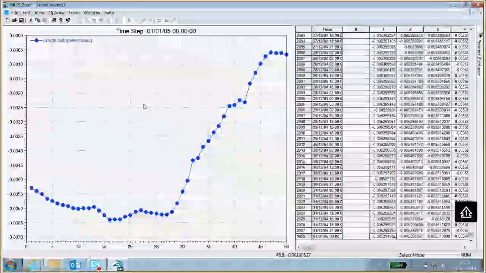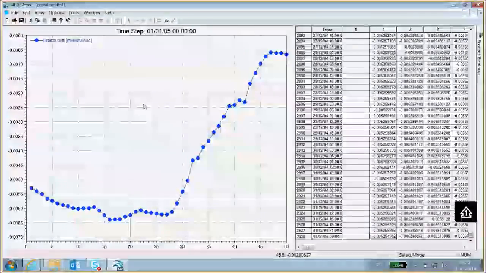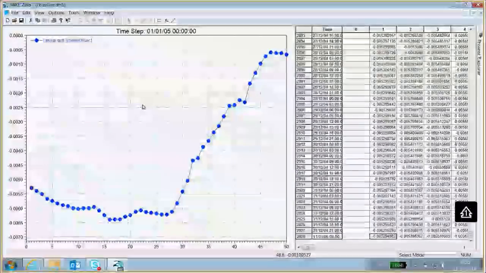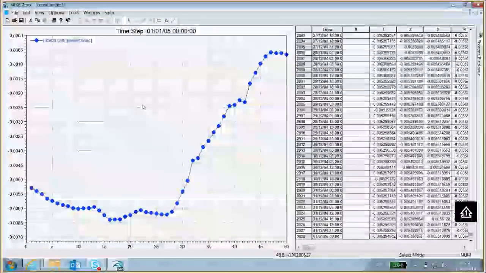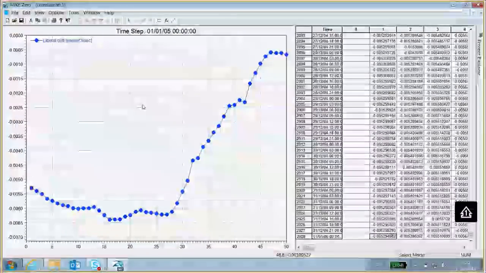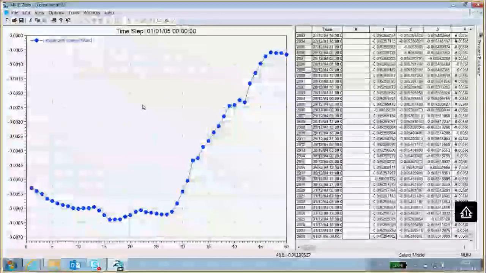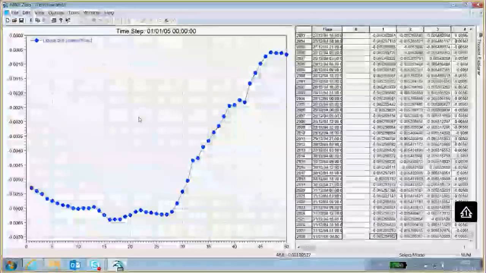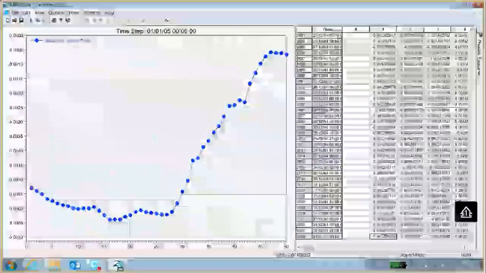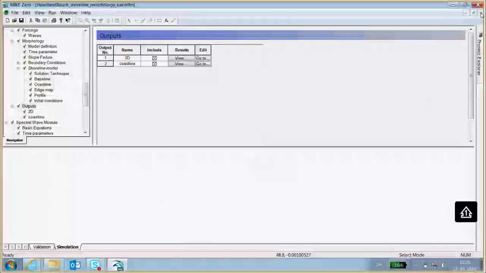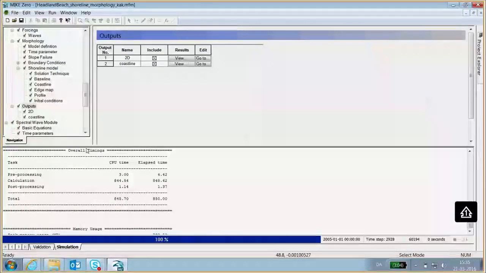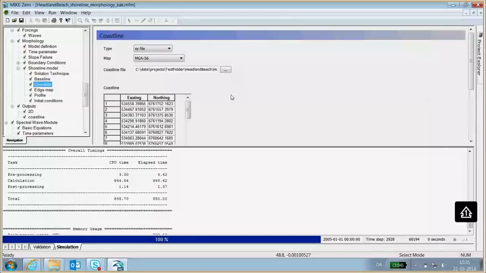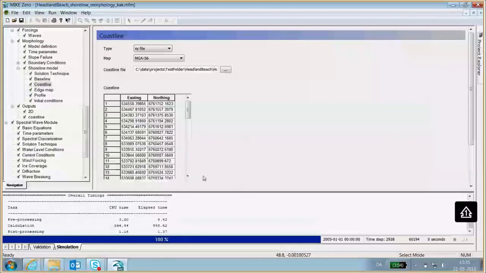So in order to remove those spikes from the actual results that we produce with our shoreline model, it's a good idea to run a warm-up period to warm up that initial position of the shoreline. And the way we do it is we simply run the model for a year, and then we use the results from that run as initial shoreline position.